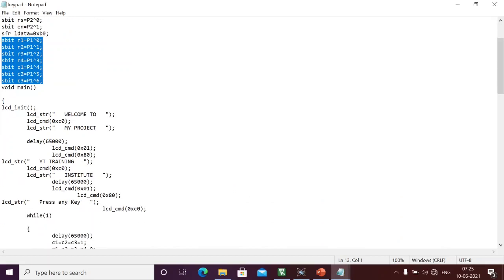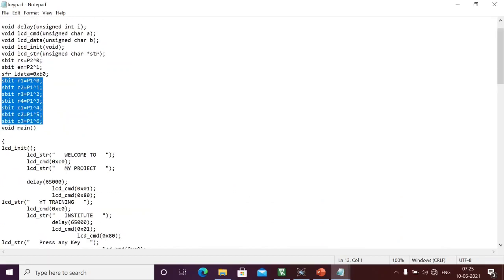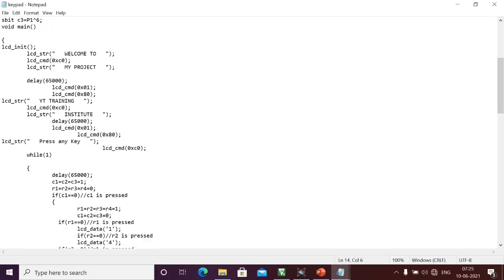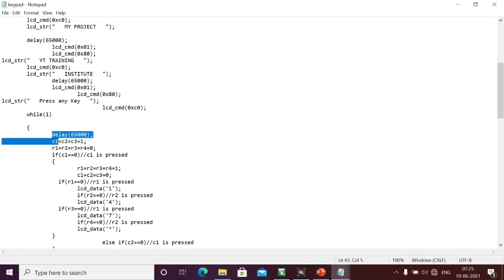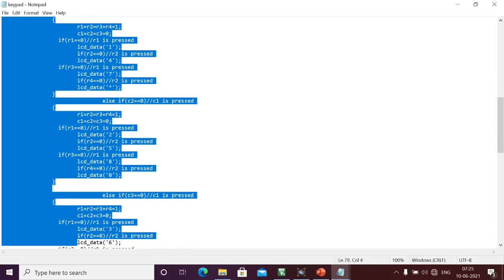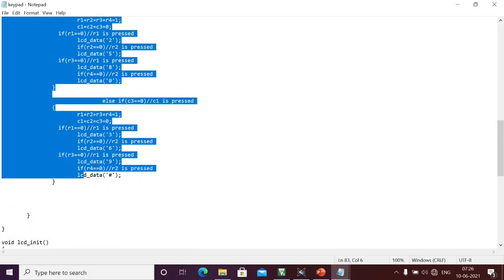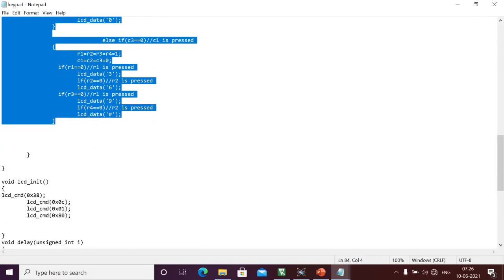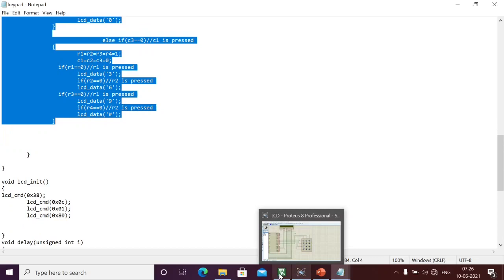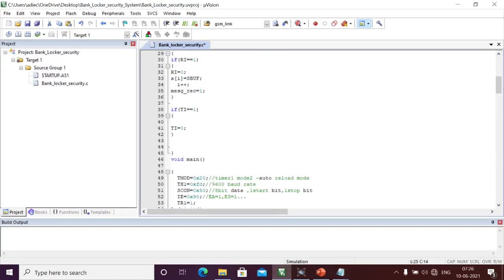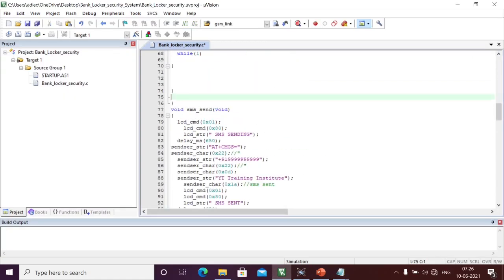Here I took only the pins, and the remaining functionality I'm going to copy from here. This is the keypad program which we wrote earlier. That's why I'm just copying it, and I'm going to define a new API. Here I am continuously checking whether any switch is pressed or not.